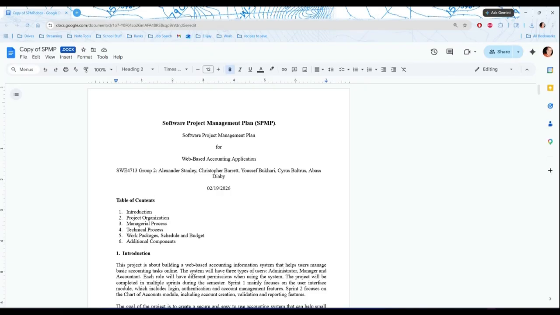The SPMP document focuses on how the project was managed and organized throughout the semester. It includes sections like project organization, managerial process, technical processes, and scheduling. The document explains how tasks were divided among team members and how we handled communication, risks, and deadlines. We used a waterfall model with some spiral iterations, which allowed us to complete work step by step while still